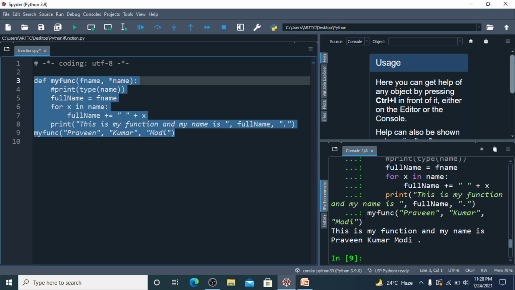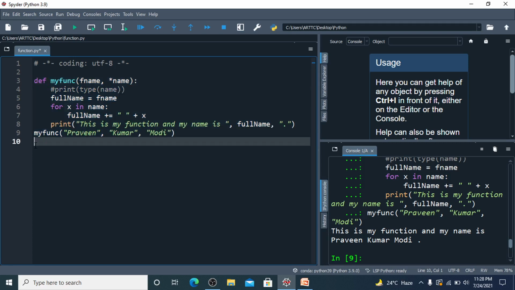Now we can use this similarly for addition. Suppose another function. Let us try another function. Def addition, and I will simply use star num.